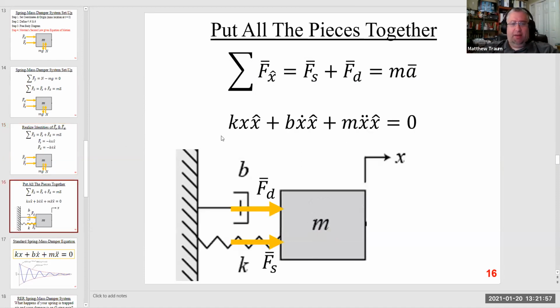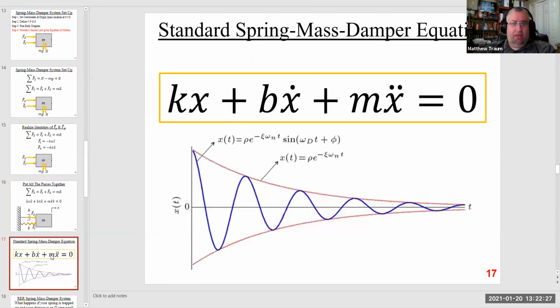With those negative signs in place, I can put my known expressions for the linear spring and for the dashpot into my equation, and out pops this. I'm going to move mass times acceleration to the left-hand side of the equation, leaving everything equal to 0. All the negative signs drop away because every term would have otherwise had a negative sign in front of it, so it's just like dividing everything by -1. And that's it. That's my expression for a standard spring mass damper.